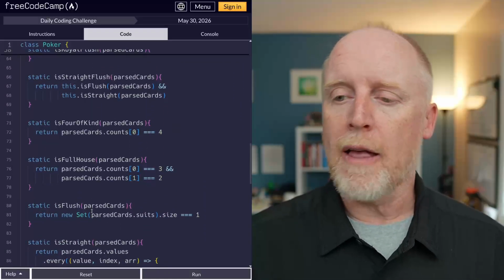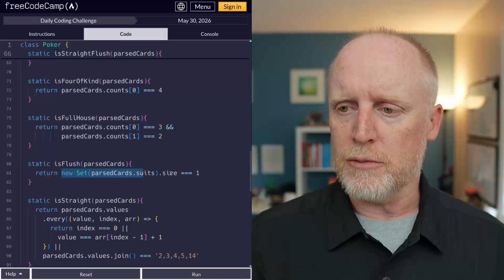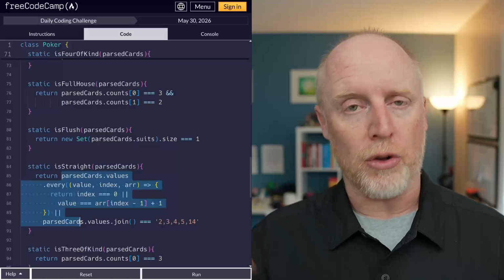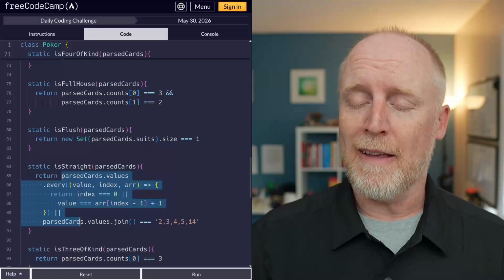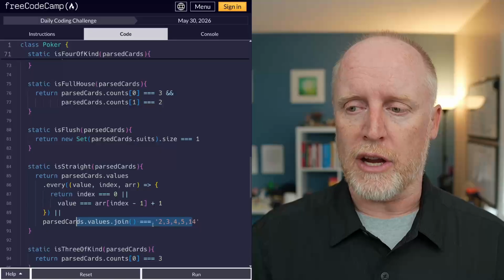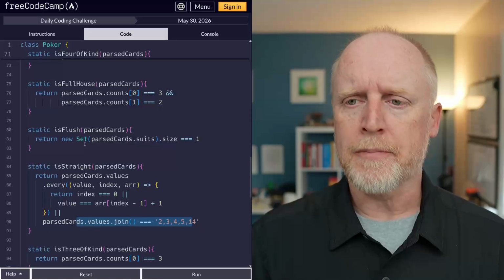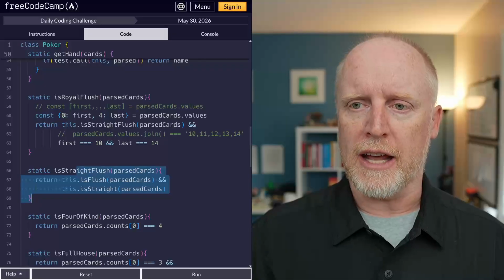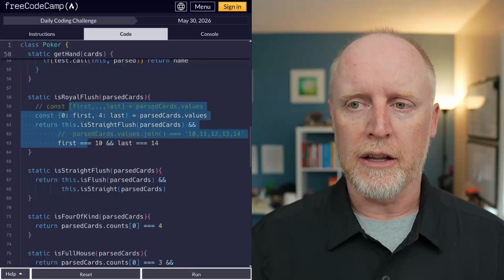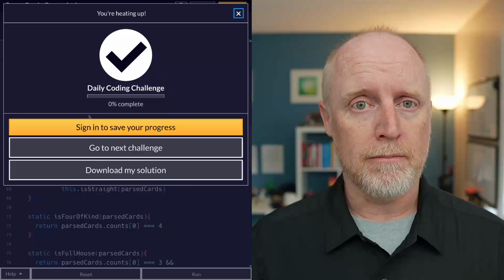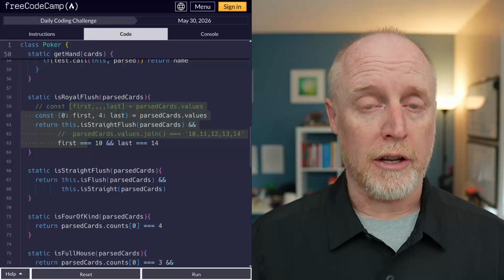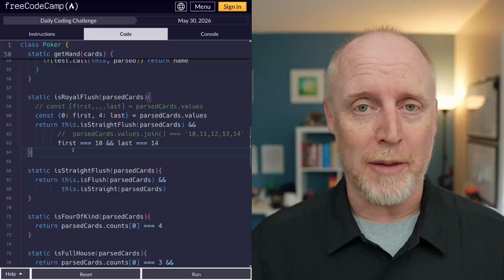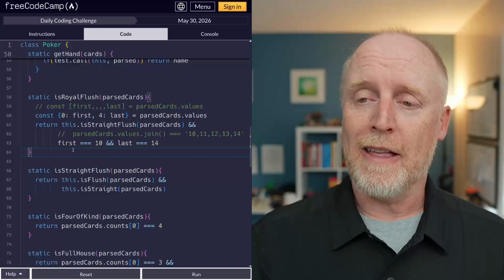I don't know. But flush is using that size parameter, and straight is doing a little bit of work to make sure that the numbers are incremented correctly, or if we have a low A straight, checking on that, right? And then using these methods up here inside of straight flush, and again, a little bit of creativity in is royal flush for the win, okay? It was a lot. If you didn't get it the first time, definitely watch it the second time at 2 times speed or something like that,